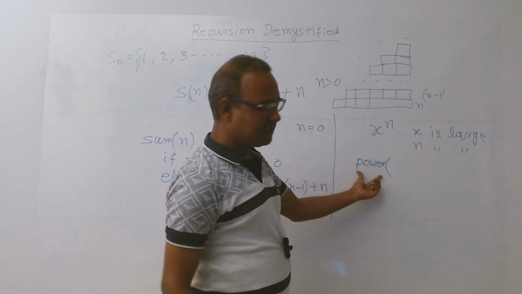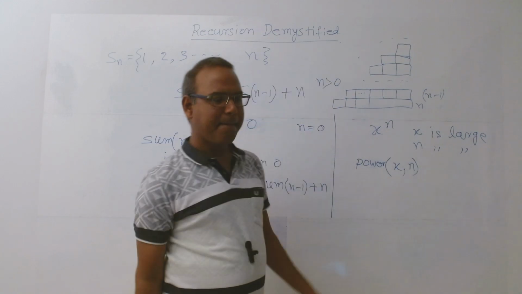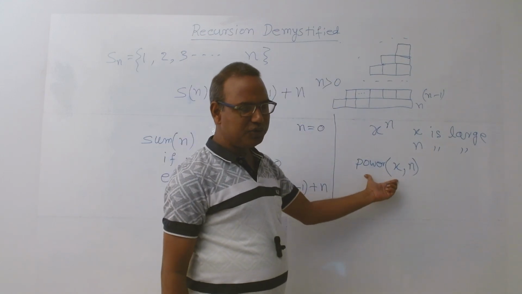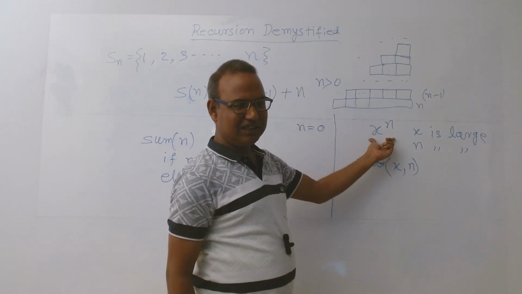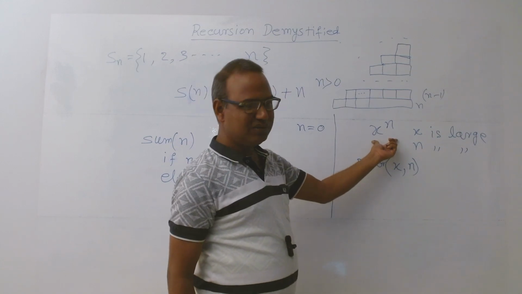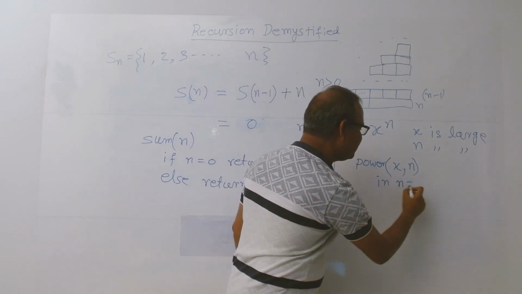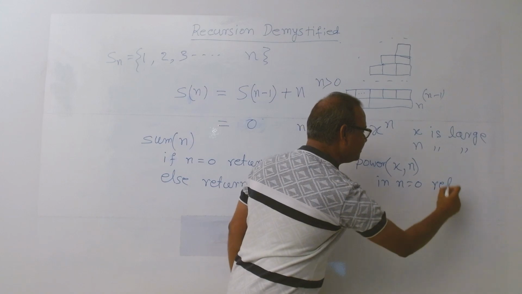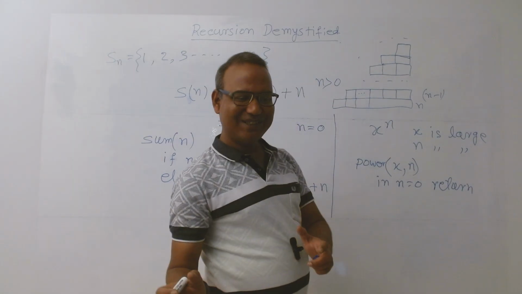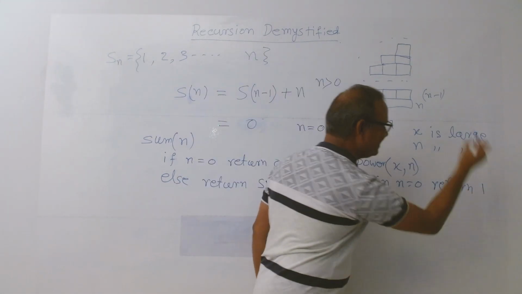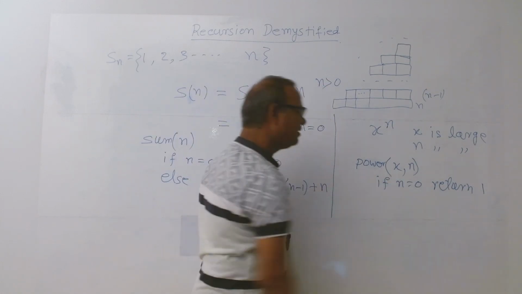This is the power function. We are giving two inputs, x and n, to the power function. So what we will do is write the recursion. When n equals 0, what will be the power? Something to the power 0 is 1. So if n equals 0, we have to return 1,